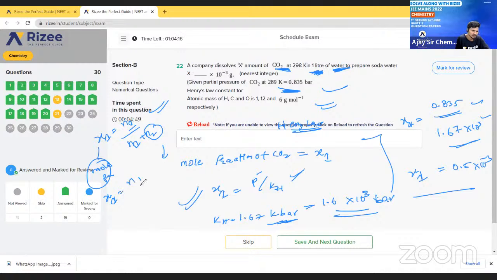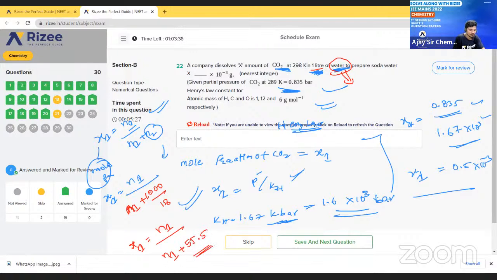Chi1 is equal to n1 by n1 plus, I will write with red pen. See here, 1 liter means 1000 by, see here water, what is the mass of water? 18. So what will we get here? This is n1, don't confuse. So here we will get chi1 is equal to n1 by n1 plus